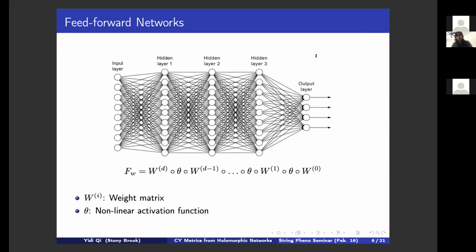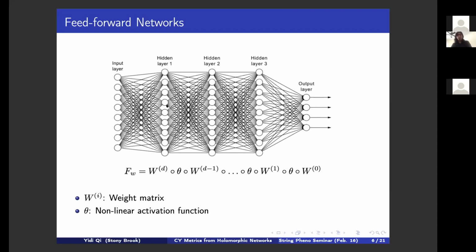I think many of you know the geometry, but maybe some of you may not be familiar with the machine learning problem. So let me talk about what a typical supervised learning problem looks like, and we can compare the similarity between the problem of Calabi-Yau metrics and the machine learning problem. There are many powerful algorithms in machine learning, and one of the most popular and most successful models in recent years is the neural network, which is a feed-forward network, a multi-layer